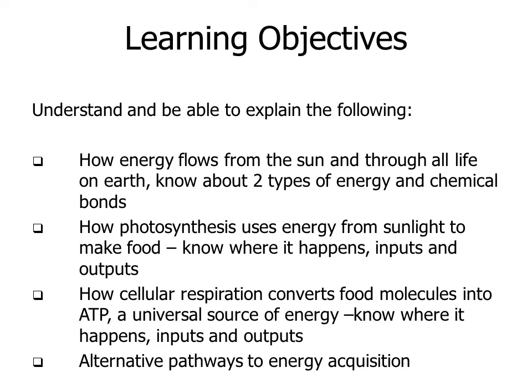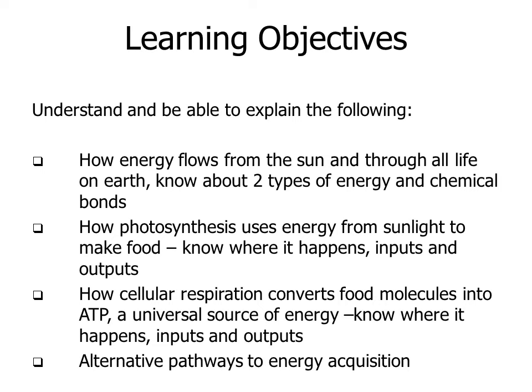All right, these are the things I expect you to know: again, how energy flows from the sun through all life on Earth. Know about those two types of energy, kinetic and potential, and you need to know that the energy is stored in chemical bonds, and the chemical bonds are potential energy. I want you to know how photosynthesis uses energy from sunlight to make food. I need you to know where it happens in the cell, so that would be the